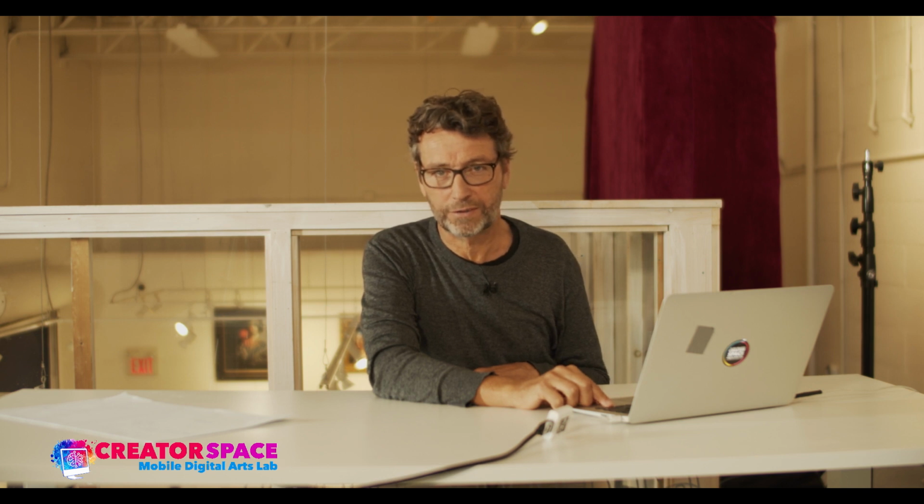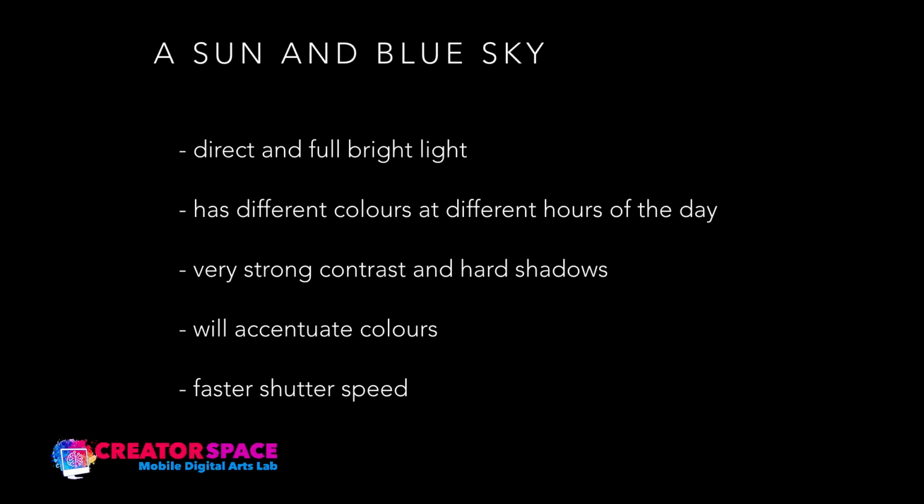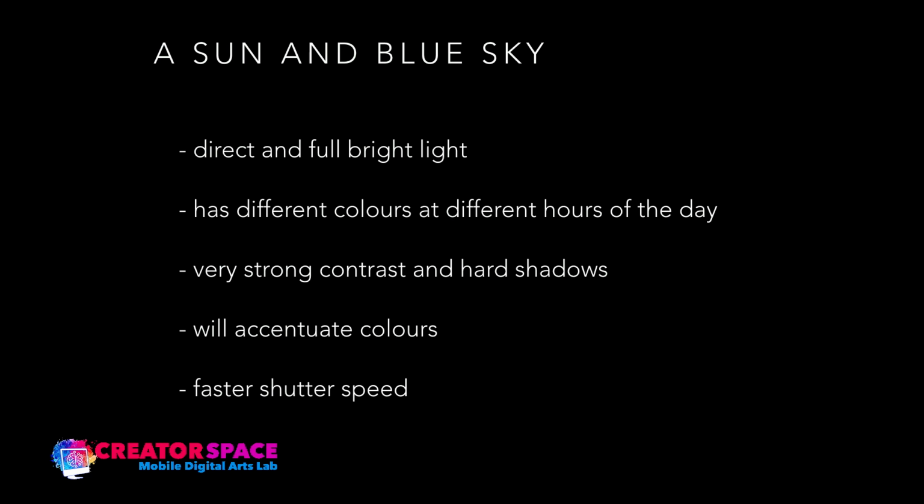Very strong contrast, hard shadows will accentuate colors. So a hard theater spotlight on your subject who has a bright yellow color or green, whatever, it's beautiful. It comes out. You need a faster shutter speed, of course. If there's more light, you have to in some way compensate to make the right exposure. I had a previous lesson I did, which you can still find on Creator Space, about exposure, how to get the balance. So I'm not going to talk about that one, but you can use a faster shutter speed to